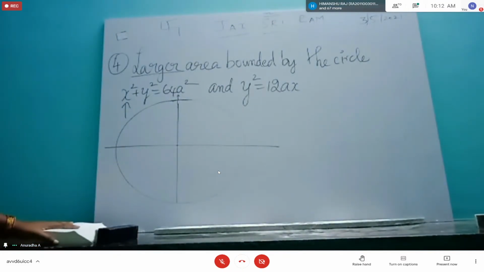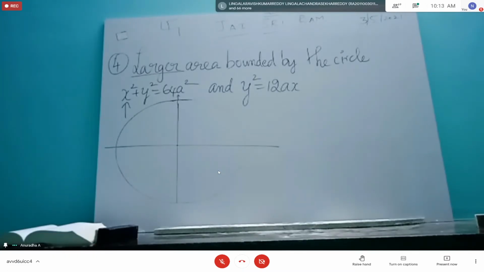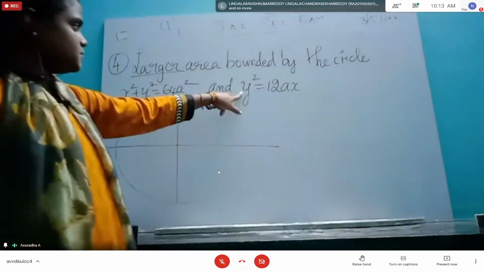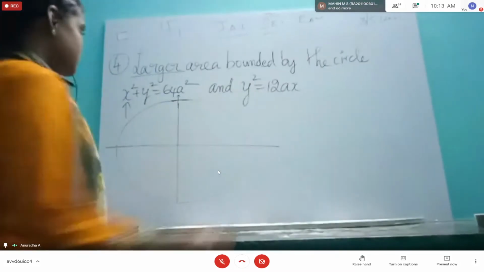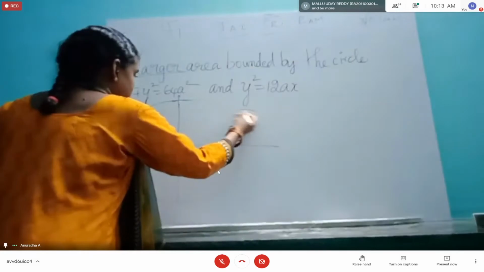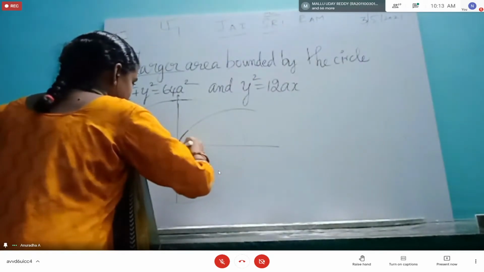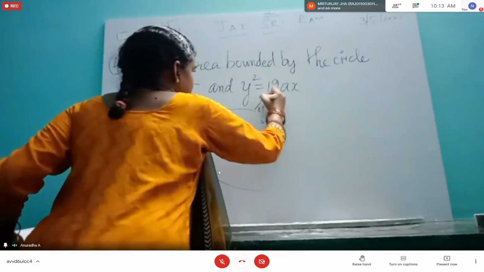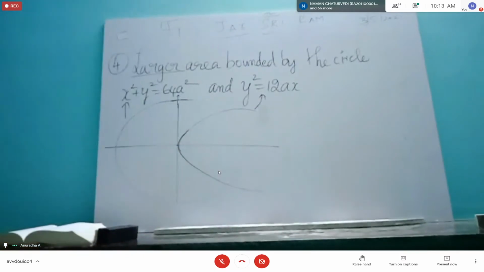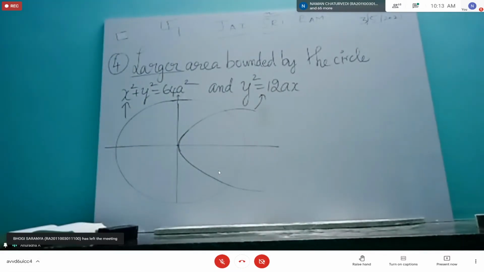Next is y square equal to 12ax. Between first and which quadrant will it come? First and fourth. Y is changing, y is positive, negative, and plus 12x. So it's going to come as a C. Mostly it will come like this. Sorry, I have to intersect the origin. Something like this. So y square equal to 12ax will be that.